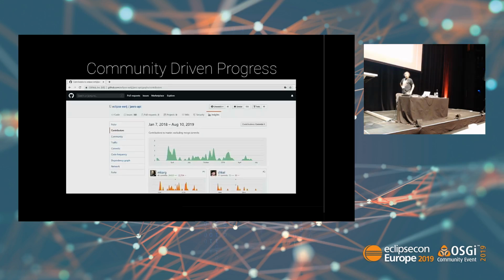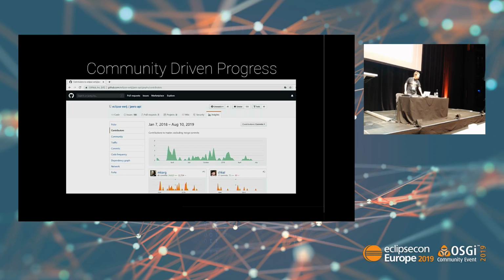About the project, JAX-RS is a community-driven project, so all decisions are democratic. If you want to join, go on GitHub, JAX-RS API. We are happy for every helping hand that chimes in and helps our team. There are two people in particular driving progress at the moment, which is me and Christian, but we are not doing that full time. We are only volunteers, so we are really happy if other companies can bring more committers